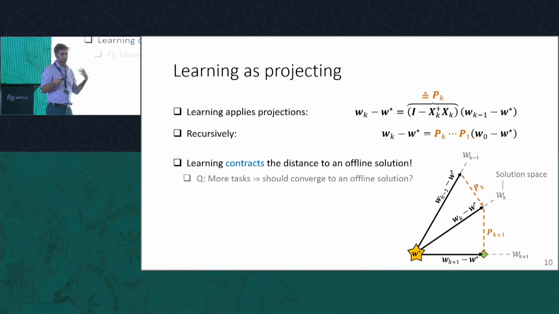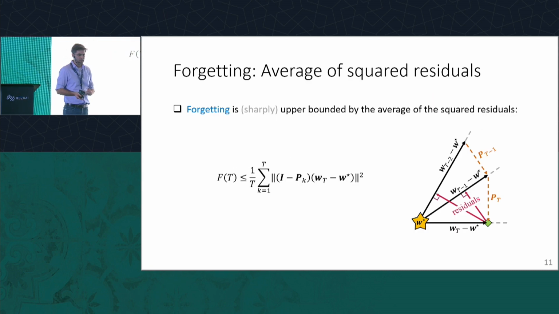But yeah, if we monotonically decrease, but not necessarily at a constant rate, we might get stuck at some point. So the question is, do we actually converge? And then another quantity we defined, the forgetting: how can we look at this geometrically in our problem?